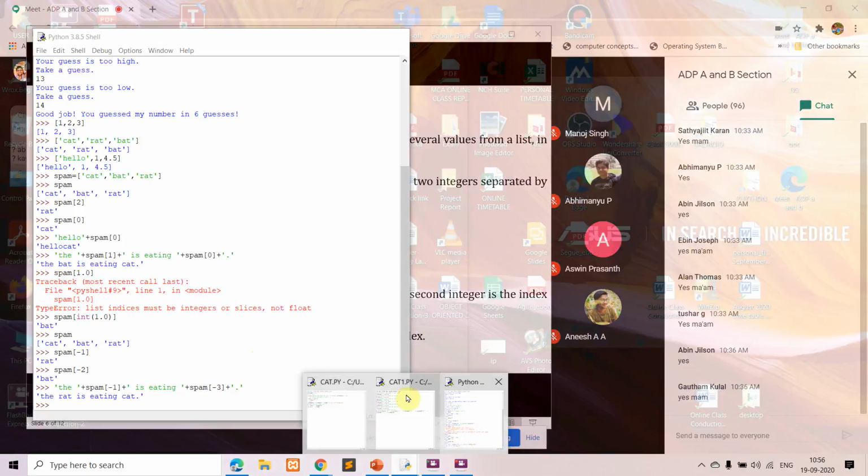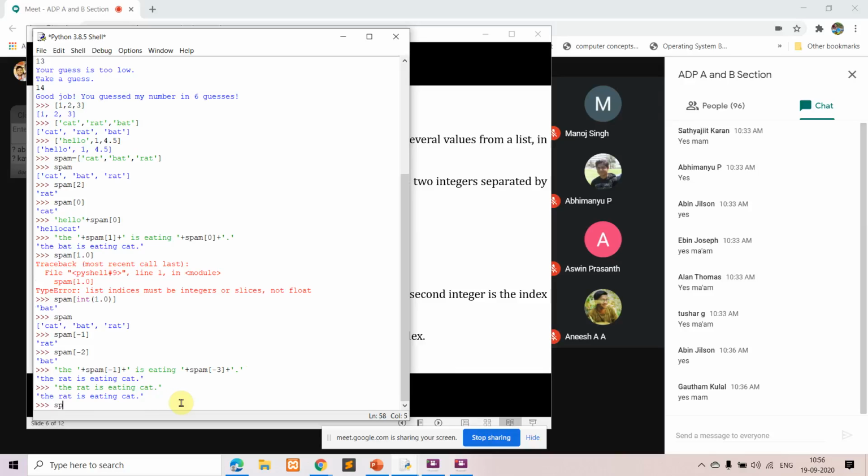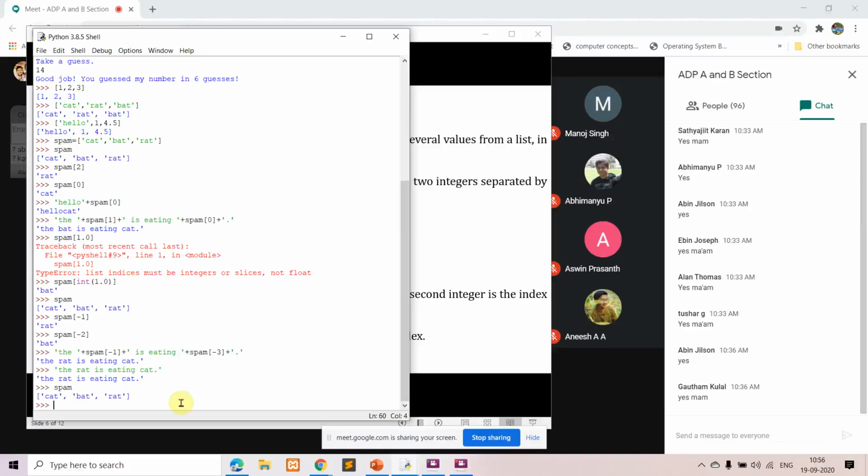So again, we'll see with an example here. We already have that spam. I'll just give spam, which is going to display the list of values. So I have 0, 1, 2, right?